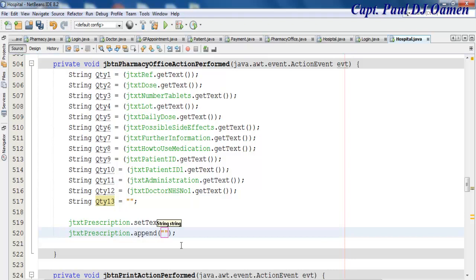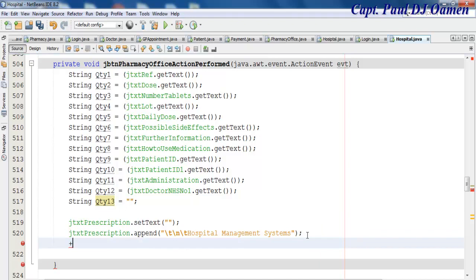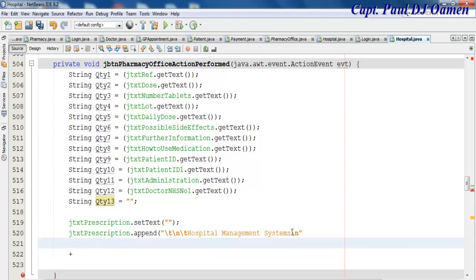Let's say tab and one space down, then tab. So let's just call it hospital management system. That is the title there. Plus, let's open this up. Okay, new line and plus, let's get rid of that and place it here. Plus speech map, new line,